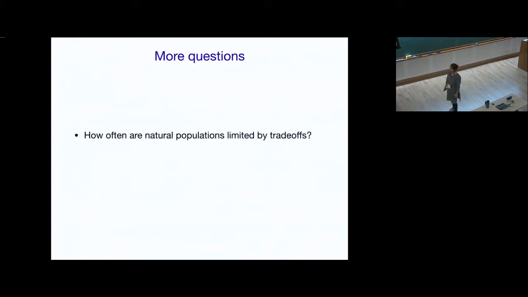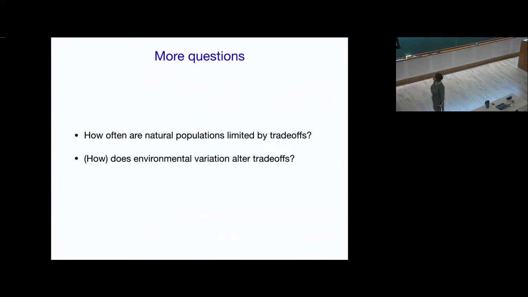Okay, so that still leaves a lot of questions. How often are natural populations limited by trade-offs? We still don't really know. We get some hints from the beetle work, but for bacterial populations in the wild, we have no idea. Trade-offs are thought to constrain adaptation because if you have antagonistic pleiotropy and you've evolved under selection in one habitat, it constrains your adaptation to another habitat, because the mutations that are beneficial in this habitat are not beneficial in the other habitat. That typically, for example, is invoked to explain why specialists and generalists both may coexist if there are habitat fluctuations. So limiting in the sense of not being able to easily switch because of these trade-offs.